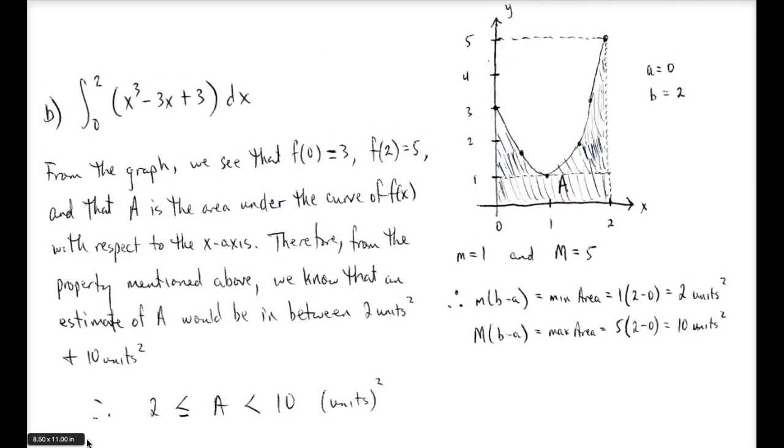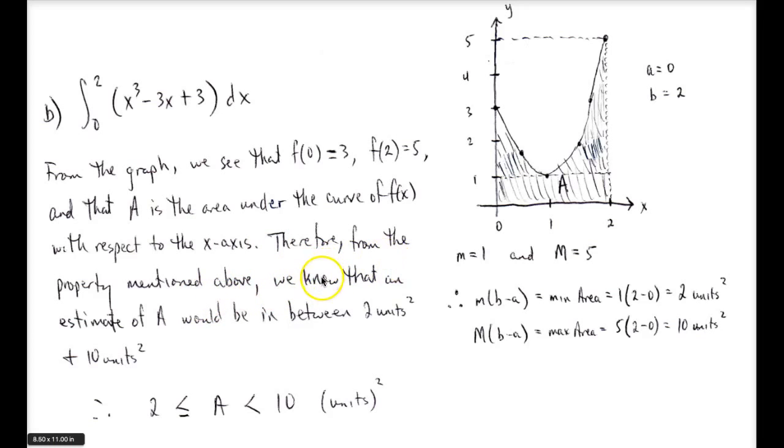showing some of the similar things I've been doing before with the min-max inequality property. We've taken this cubic function and we've drawn it for values of x in between 0 and 2. And we see from the graph that f of 0 is equal to 3 and that f of 2 is equal to 5. And that A is going to be the area under the curve with respect to the x-axis there, okay? So